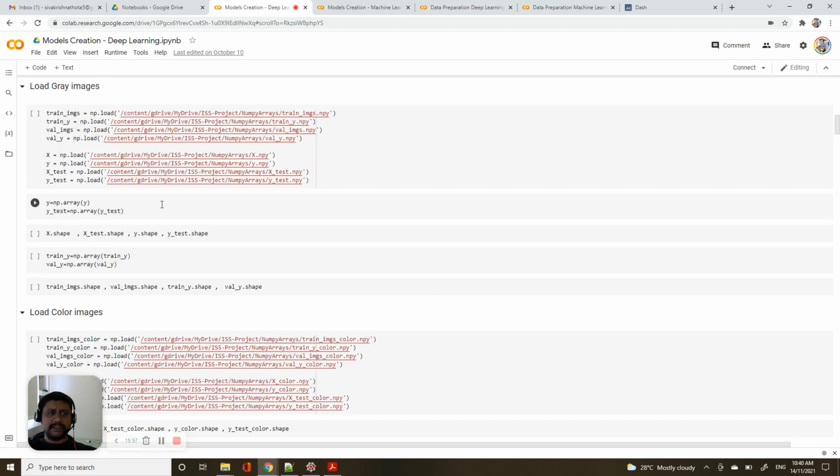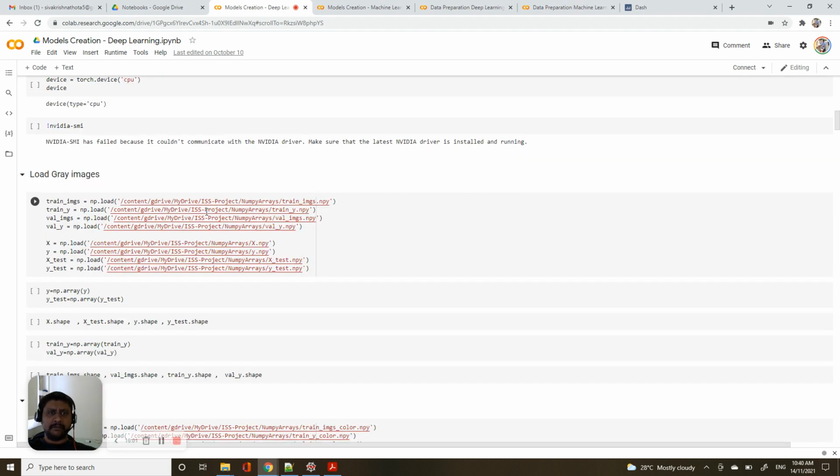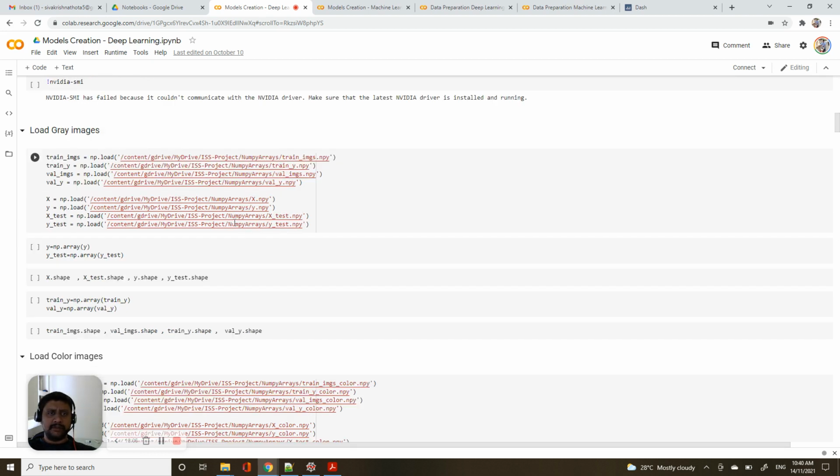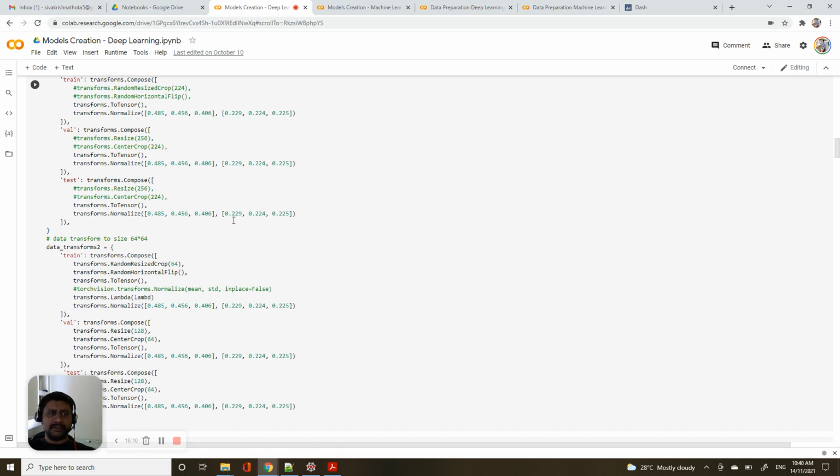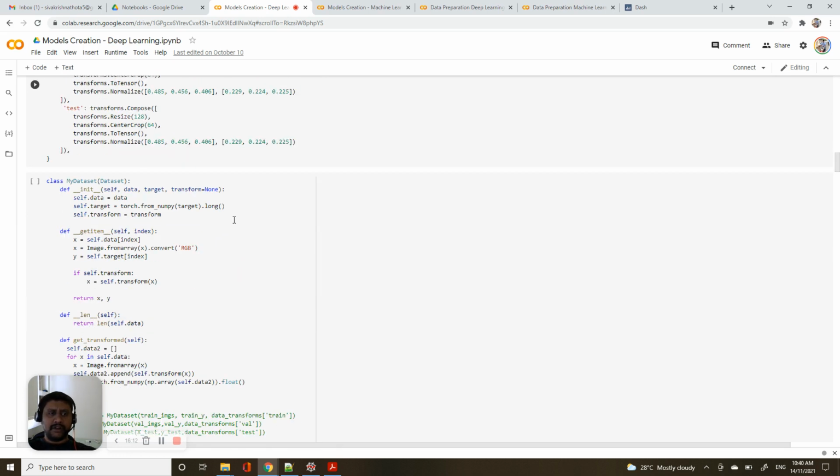I'm loading the image NumPy arrays that we saved in the data preparation notebook, and then some data preparation to send data to the models.